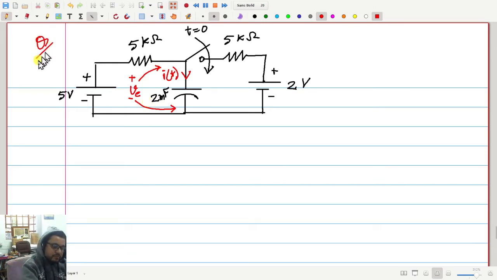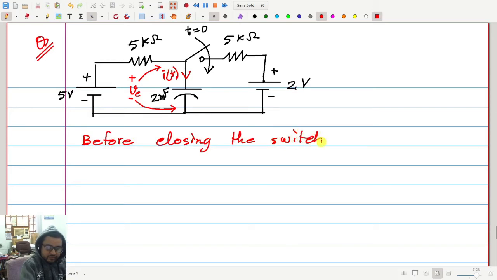Okay, so we can use an equivalent circuit. We will use an equivalent circuit. So let me first find out what is the amount of voltage across this capacitor before the switch is closed. Okay, so before closing the switch,